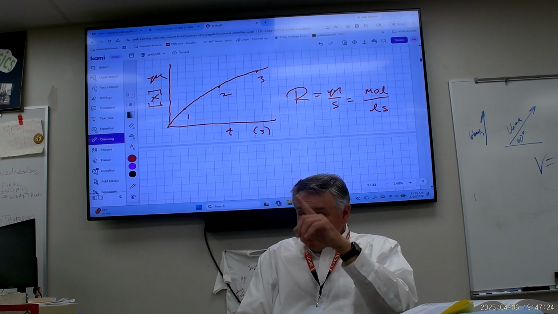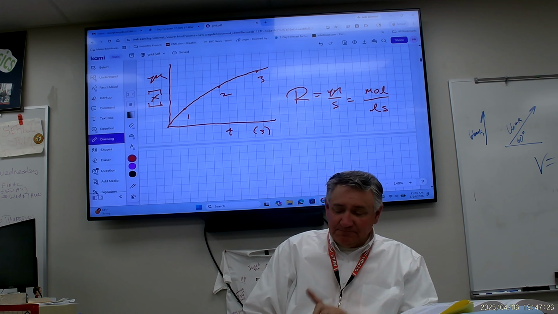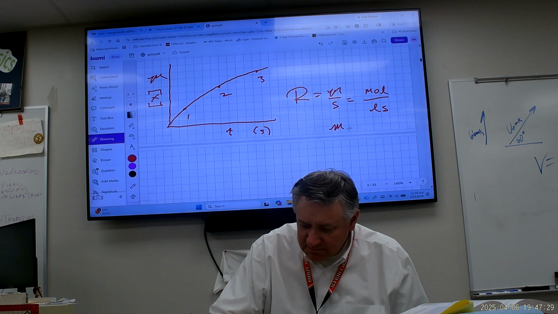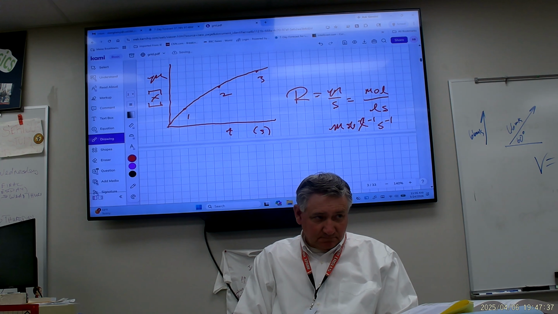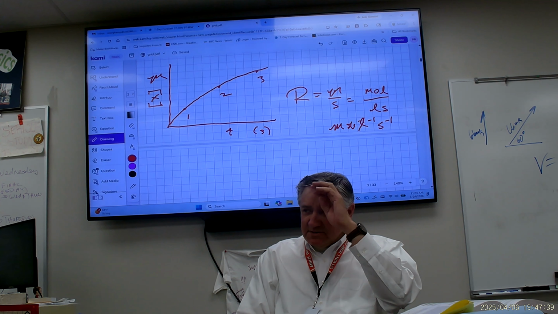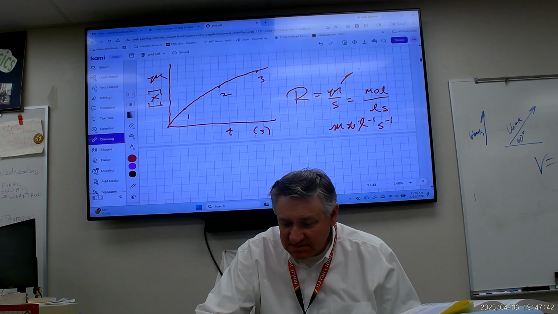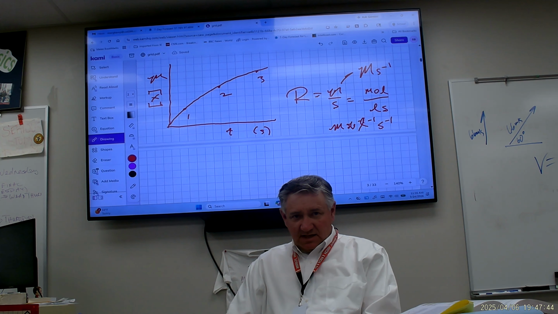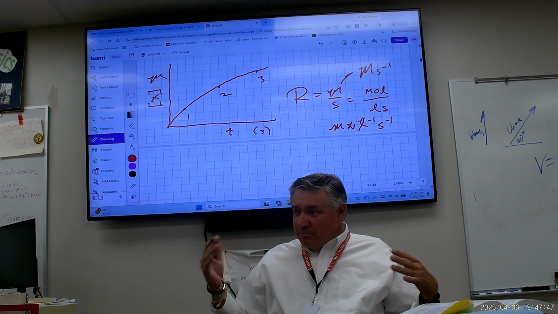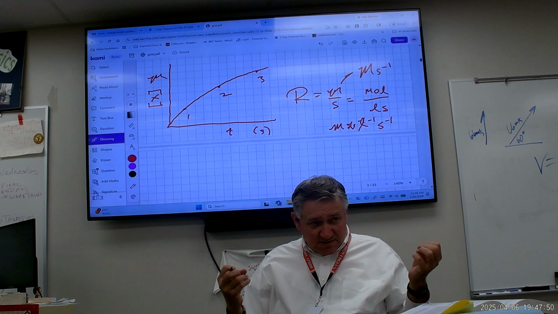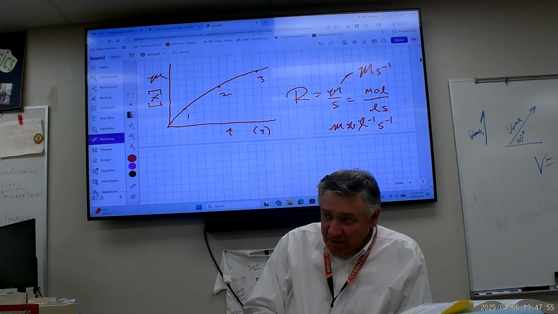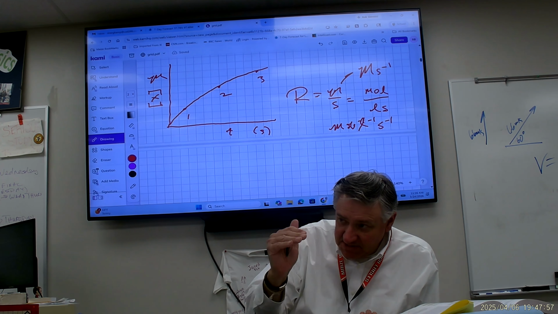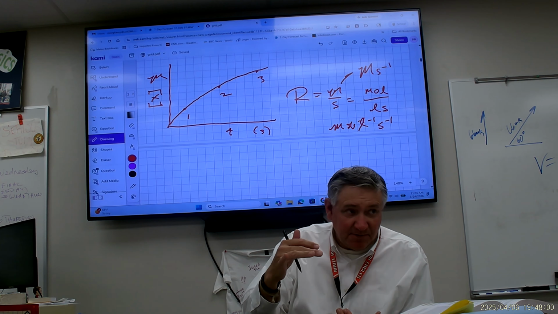Okay? Sometimes they'll even get fancier and they'll go moles to the 1, liters to the -1, seconds to the -1. Okay? I'm just telling you, if you see it, don't flip out. They might even show this as molarity seconds to the -1. Okay? So I just point this out because different books express this differently. But here's the main point of the story. Any rate function is going to be the change in concentration per unit of time, and typically it's molarity per